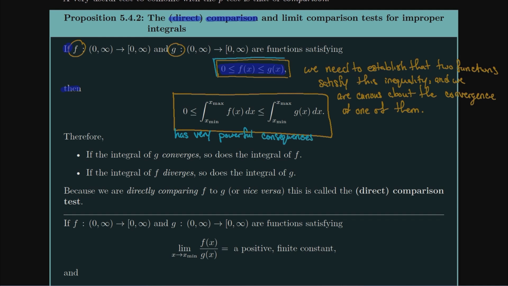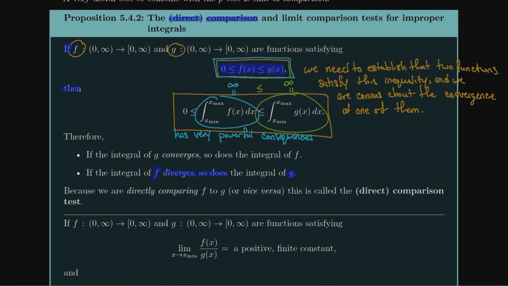Once we show our assumption that f is less than g, and they're both positive, then the claim that the integral of f is less than the integral of g has extremely powerful consequences, because if the integral of f happens to diverge, meaning it's infinity, then what can I say about the integral of g? Well, the integral of g has to be bigger than infinity. The moment I know the integral of g is bigger than or equal to infinity, well, there's only one thing that is, and that's infinity as well. And so you can then claim not only that the integrals are ordered as in the inequality itself, but you can claim that if f happens to be infinity, then g also happens to be infinity.